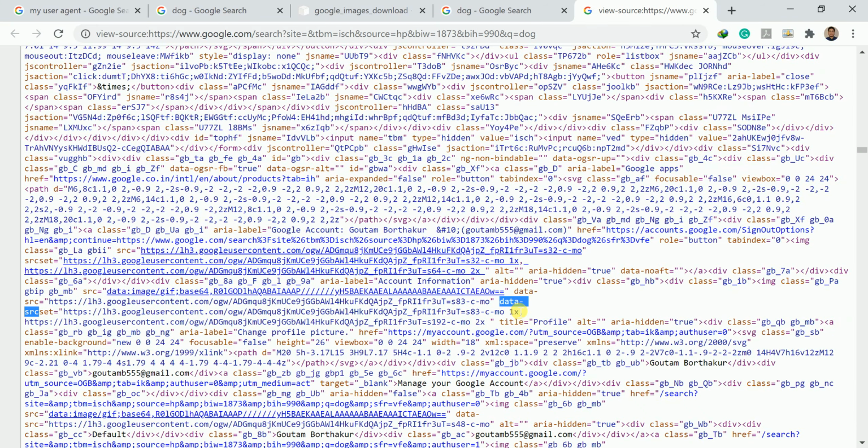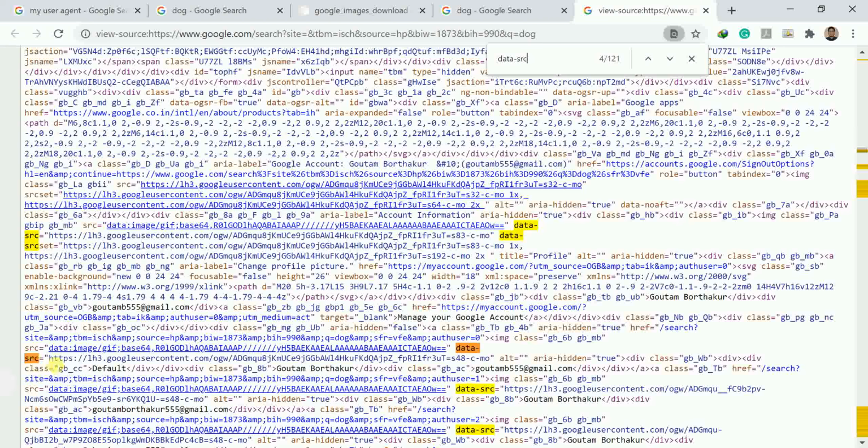Okay, here, see, this is the data hyphen source. This is the main source where the image URL is present. What I need to do is take all the URLs where the keyword data hyphen source is mentioned, and from all those URLs I need to extract the images. If I search for data hyphen src, you can see here this is a unique URL where an image is there.